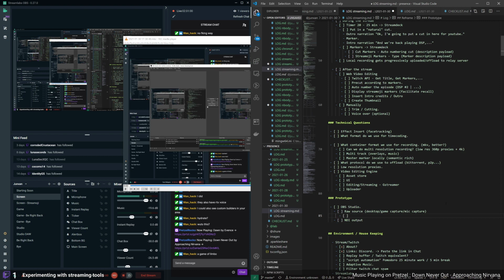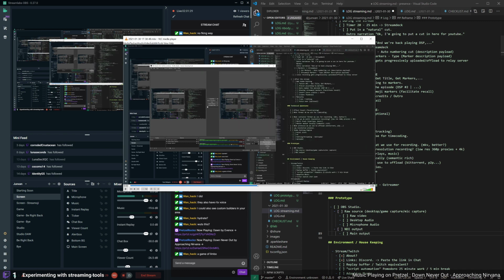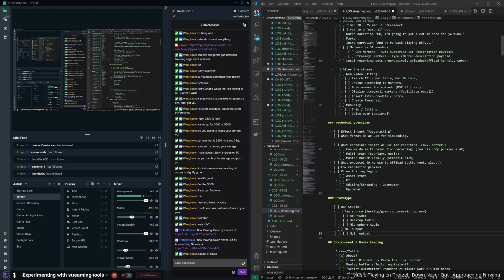So the consequence is that we can have raw video, desktop audio, and microphone audio. And I think that's enough to do good stuff recording wise. And then from the NDI output, we use the main output. And so it means that we could also possibly use the preview for something else. So we could get a little bit even fancier,